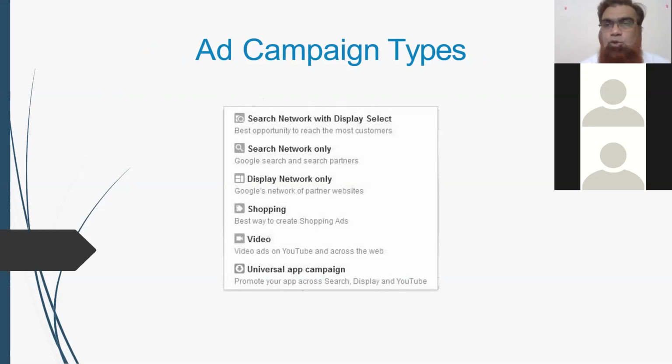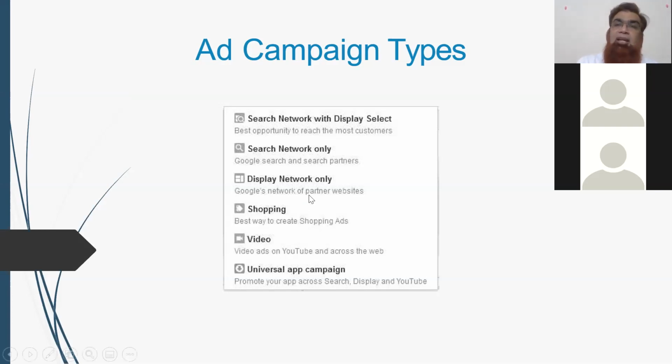So it could be any news related website, any blog related website, or tech savvy websites. There are millions of websites which agree to publish Google ads, and those are the Google network sites. We can have two kinds of ads. One is text ad, another is display ad, right?